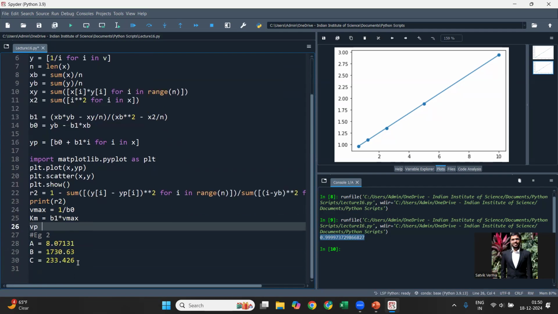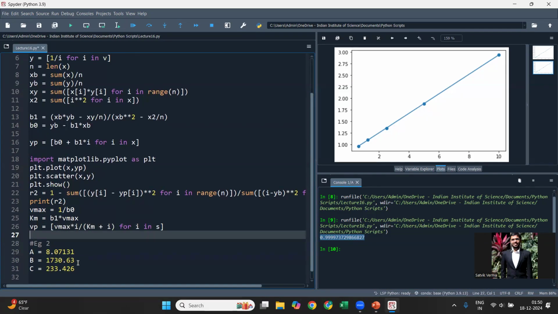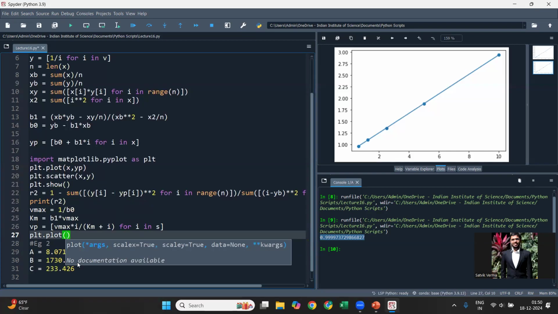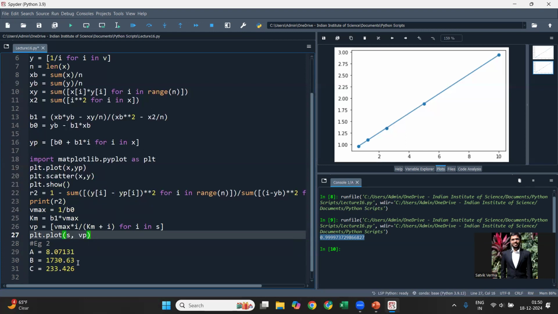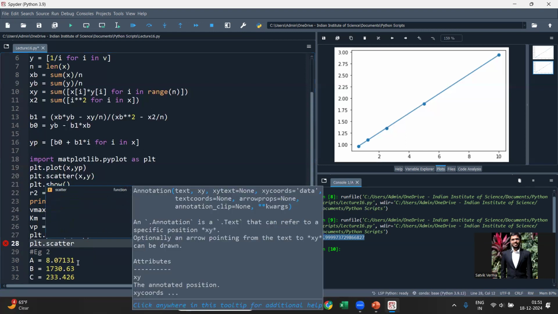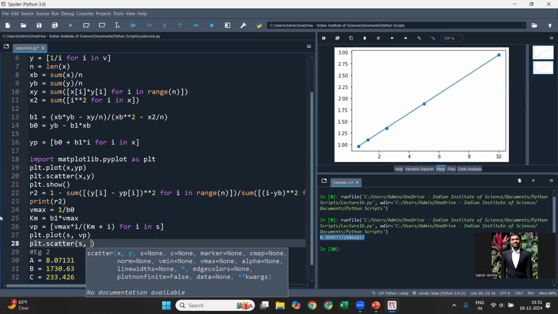So let's say what we predicted from the Michaelis-Menten equation would be Vmax times substrate concentration upon Km plus the substrate concentration for i in S, right? And let's just plot the substrate concentration, that is S versus V predicted. And let's just do a scatter plot of the substrate concentration versus the V data that we had. And if we do this,